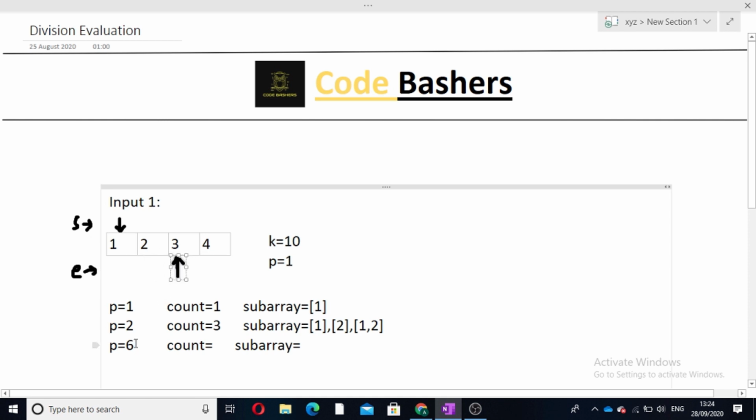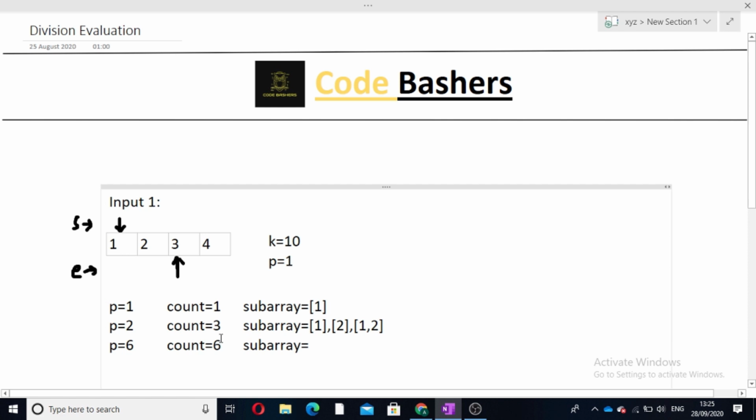Now the product of this subarray, that is from S to E, will become 6. This 6 is still less than 10, so this subarray will be counted. The total number of subarrays between S and E is 6.